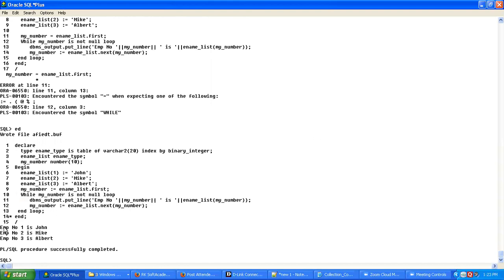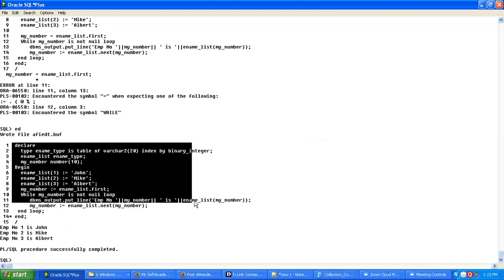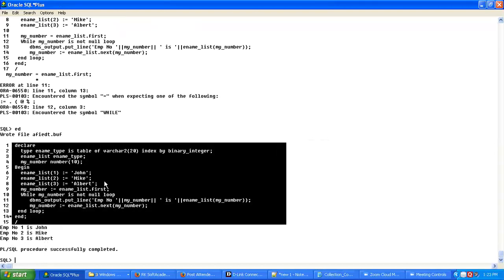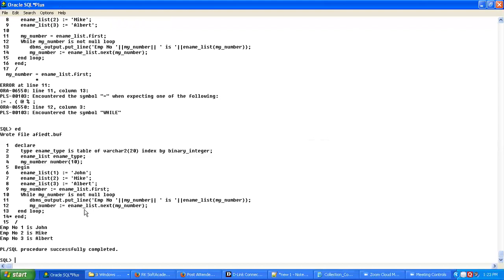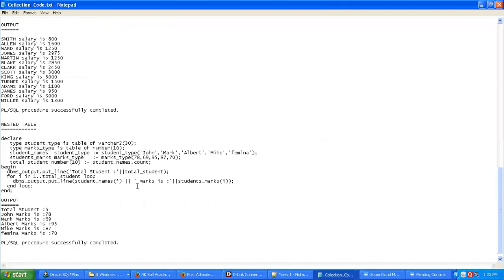So ename number, employee number 1, which I have assigned in 1 is John, and which I have assigned in 2, that is Mike, which I have assigned in 3, that is Albert. So I'm assigning values in the collection, and then I am printing the values from the collection. Do you understand? So that is about the index by table. Next I'll show you about